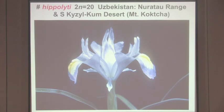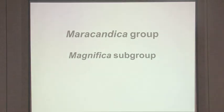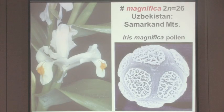A beautiful thing. Hippolyte is a Latinized version of Ippolit, and Ippolit Granitov was the Russian botanist who first discovered it. So it's named after Ippolit, so nothing to do with horses. But a very characteristic, beautiful species, but again, it does integrate with Maricandica in nature occasionally. And also in the Maricandica group, but separate, is Iris magnifica, so it stands out as an isolated species, as